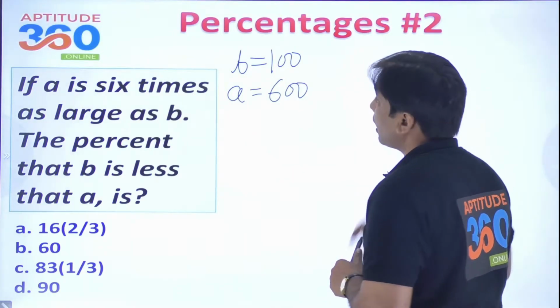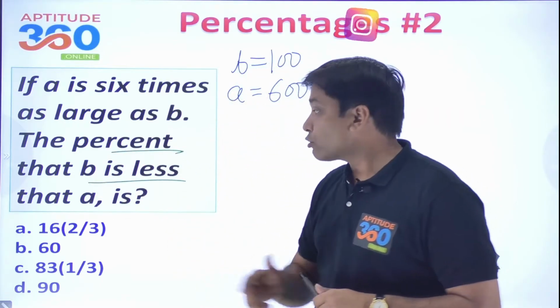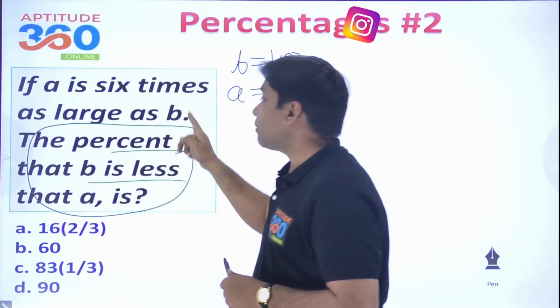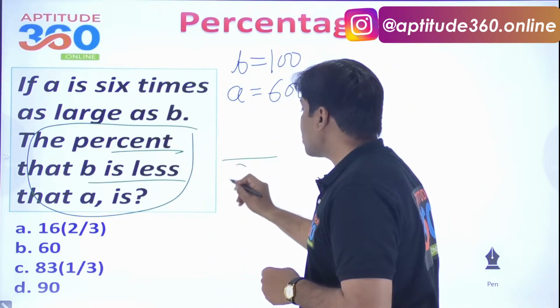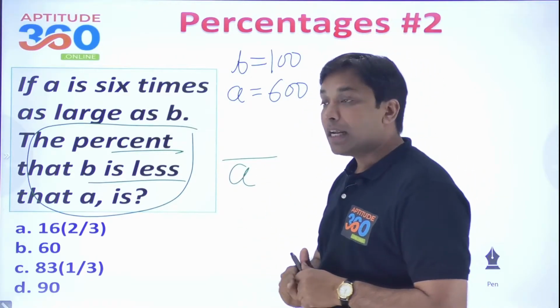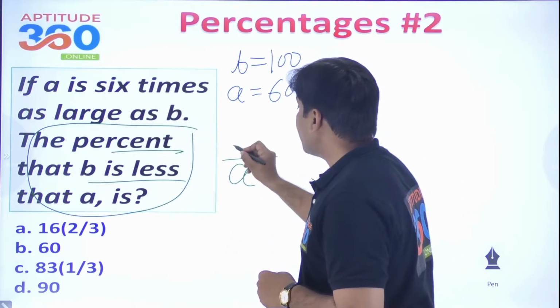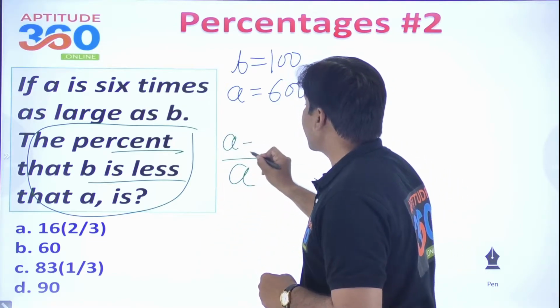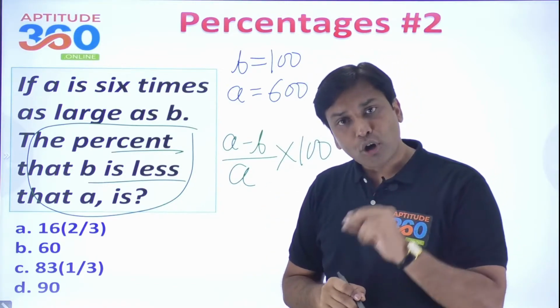Now the percentage that b is less than a. So first of all, ये तो पहले लिखना सीख लो आप. b is less than a. So over here, because you are doing the comparison with a, a will be in the denominator, and b is less than a. b a से छोटा है, so this value should be written as a negative b, and this ratio should be multiplied with 100 and your job is over.